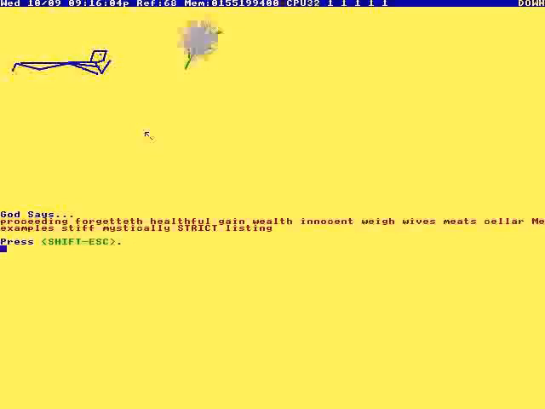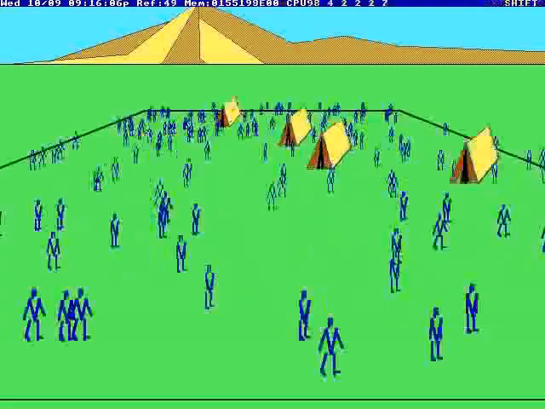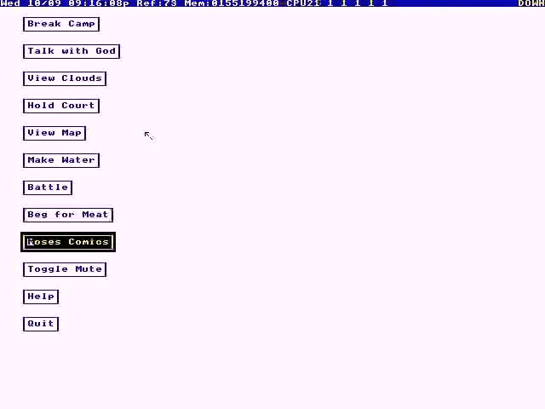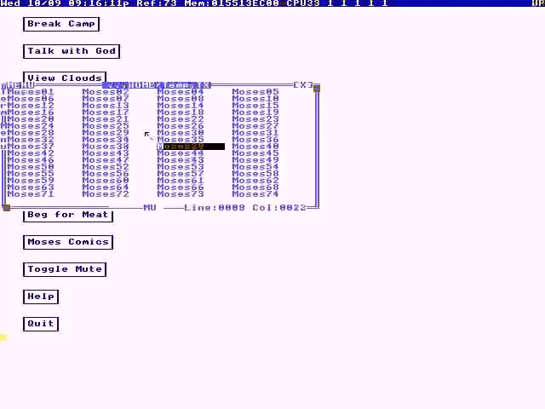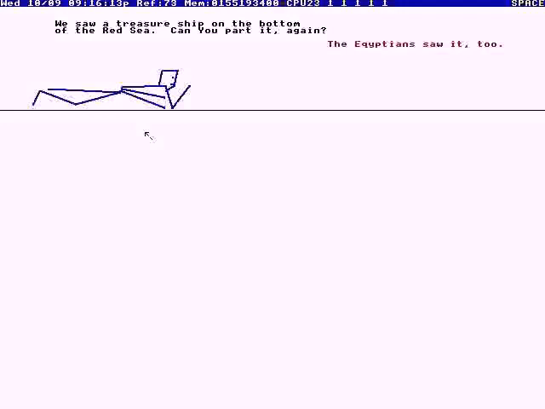Anyway, so interpretation is tricky. I do comics as offerings. We saw a treasure ship on the bottom of the Red Sea. Can you part it again? The Egyptians saw it too. So